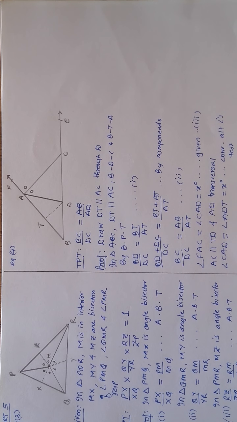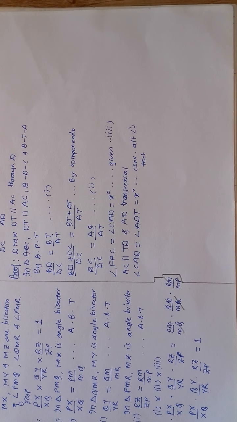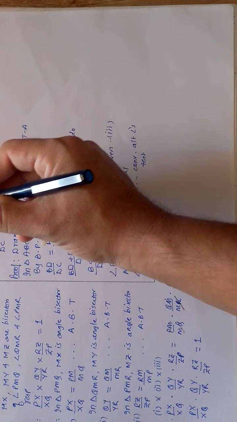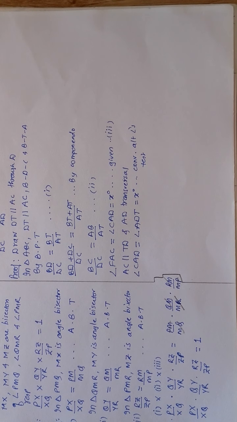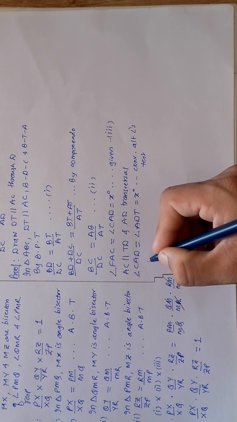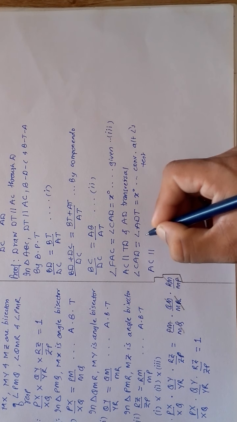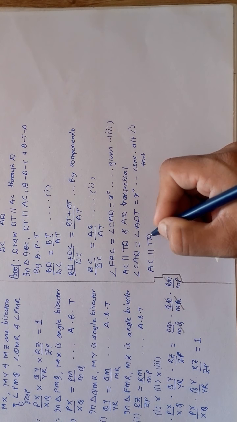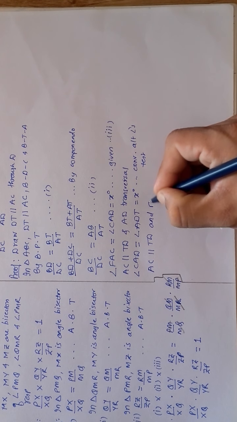Agreed? Now draw a figure alongside so that you will be able to see what I am showing you, because now I will be changing the screen. Now refer to the figure that you have drawn. You got here CAD already equal to ADT, that is x. Now already you see that AC is parallel to TD, and this is transversal FB, that is AC is parallel to TD, and FB is the transversal.